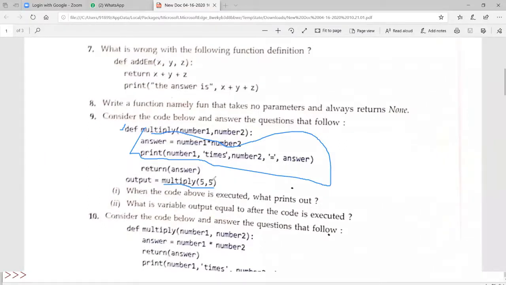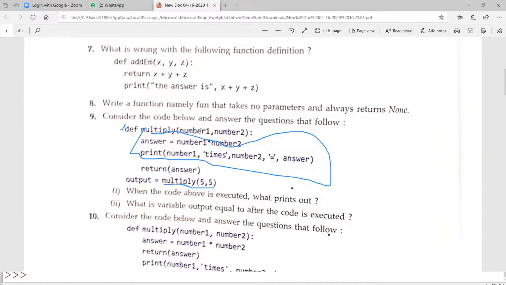So I'll give you one parameter and ask what type of parameters those are. Are they positional parameters? Are they default parameters? Are they keyword parameters? What will be your answer? They are positional, or required positional arguments. Yes, correct. Positional means the compulsory arguments which we are passing, right?